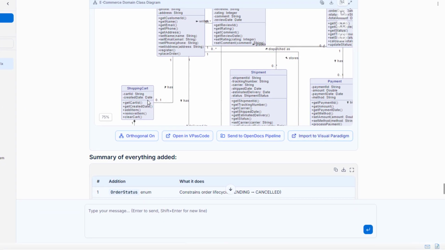And if we prefer editing the diagram as code, we can send it to VP as code and continue working